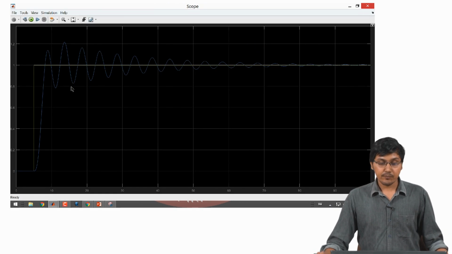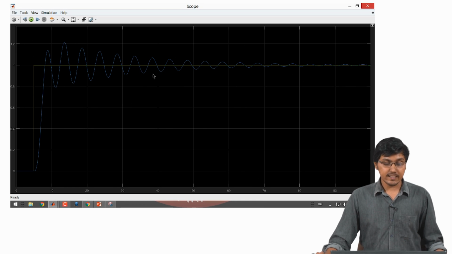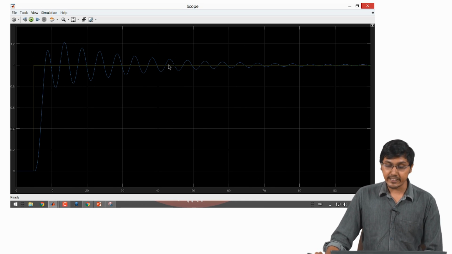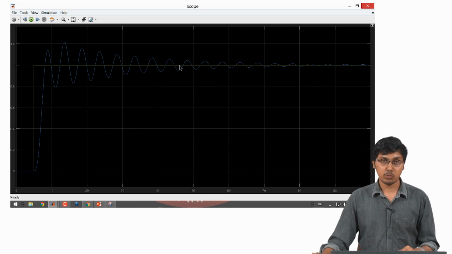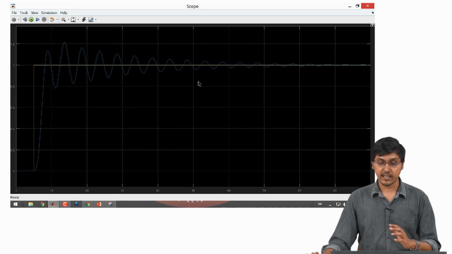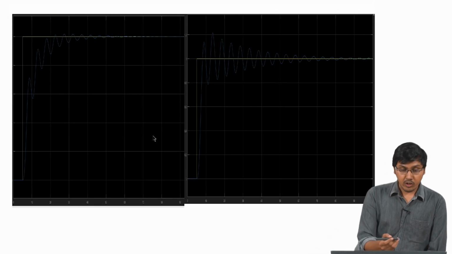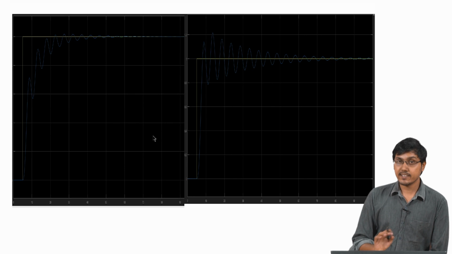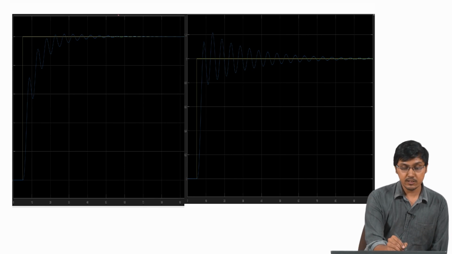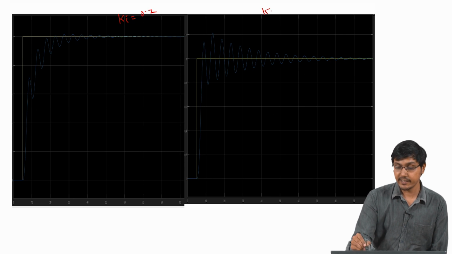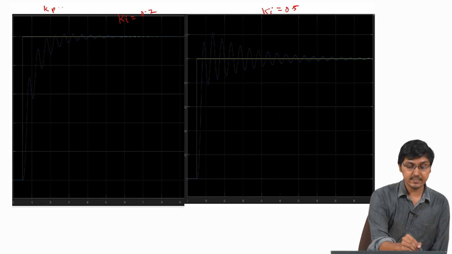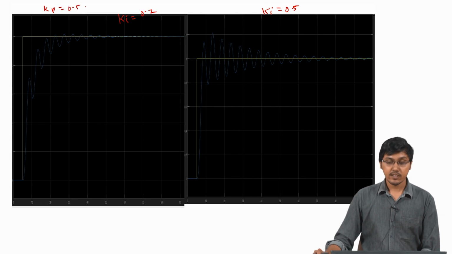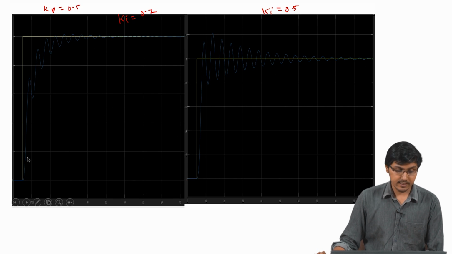Yeah, so basically you can see here, this is looking different from that. So let us put both these things together in a single page and compare both the charts. I have put both the figures on the same page so that we can compare them. This is Ki having a value of 0.2, and this is Ki having a value of 0.5, and Kp in both cases is the same, 0.5. So what are the things that we can see here? First thing is